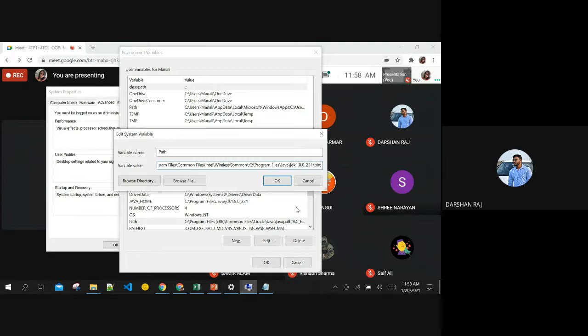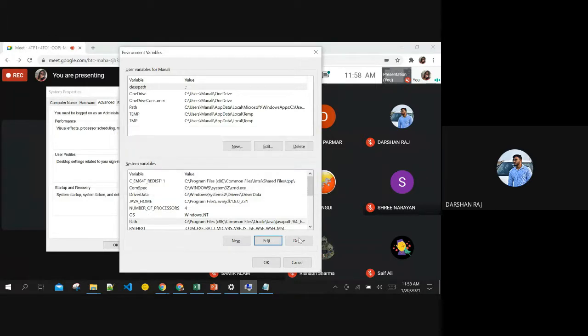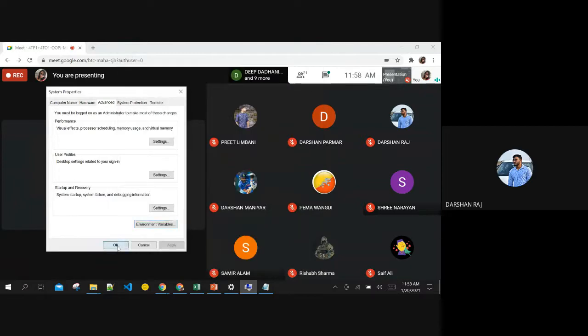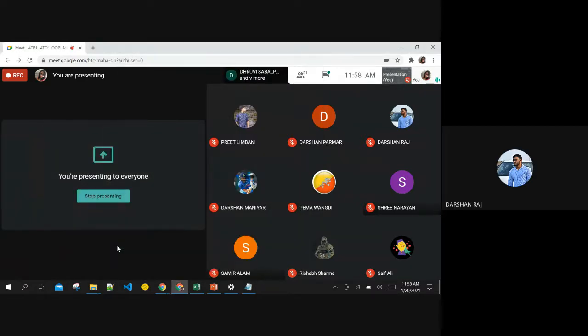So that in future, the new paths will be added after this semicolon. Semicolon is like a full stop in English. You already know, in C also you must have faced this. So make sure that it is at the end of the line. At the end of the last semicolon, paste the path. Put one more semicolon at the end of your path manually. And then click OK and OK and OK. Never click on cancel. Click OK, OK, OK thrice.